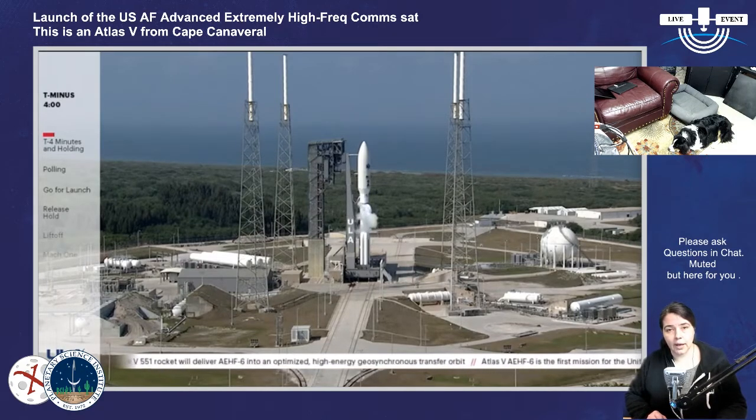Translation, they have loaded a new program for launch into the vehicle to account for any changes to vehicle